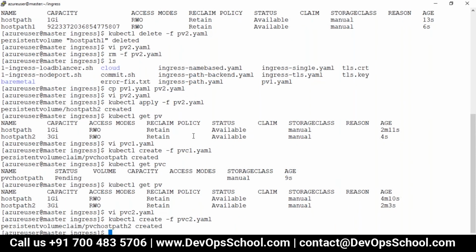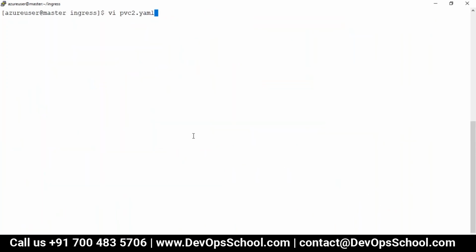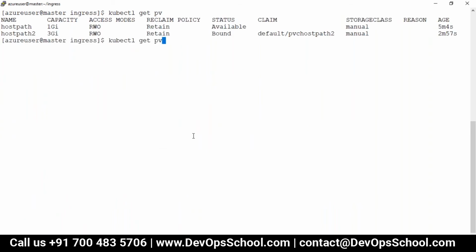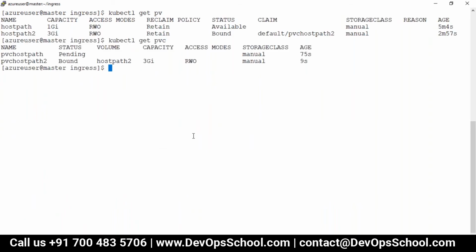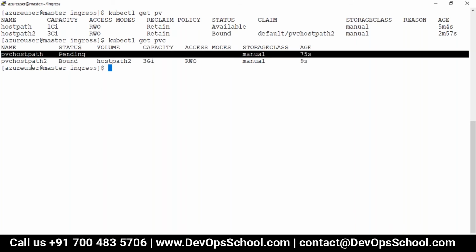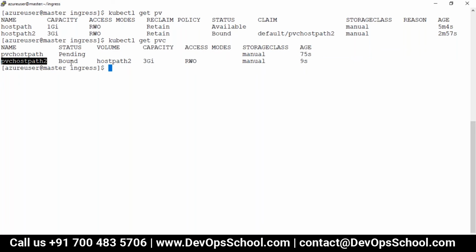And guys, look at my screen. Now if I see, this is the PV, this is the PVC. This one I demanded more, 5 GB, and this I demanded 2 GB.